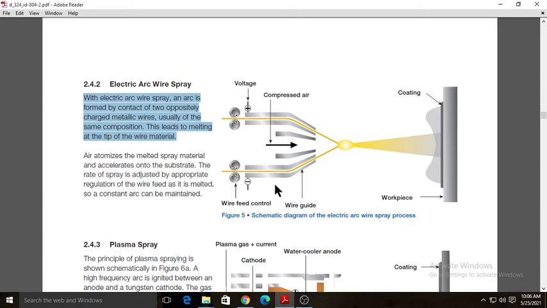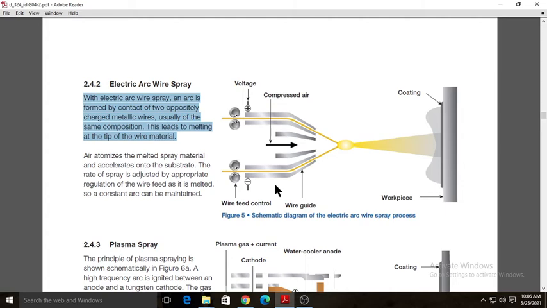The advantages of this electric arc wire spray are: it has the highest deposition rate amongst all processes. It lowers the coating cost as compared to the plasma and high velocity processes. It lowers power requirement. Little operator training is necessary to use the equipment. It is possible to spray dissimilar wires and produce an intermediately mixed coating. So mixed coating is also possible here. Low porosity and high bond strength compared to the conventional flame processes.